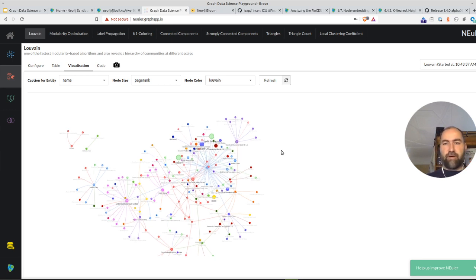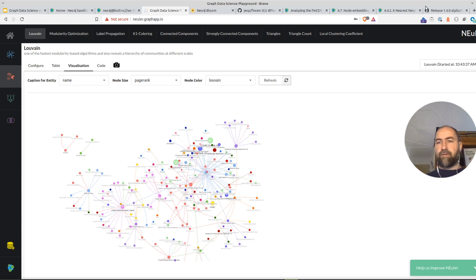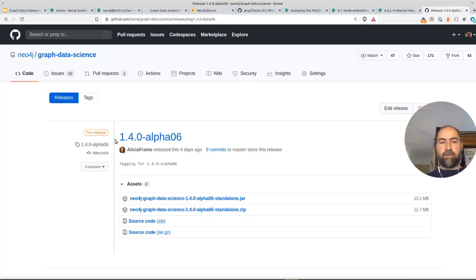What I want to show you now is more of the new stuff. So we have a new release coming out soon of the graph data science library, which is more focused on embeddings, basically, and nearest neighbor networks. So embeddings are